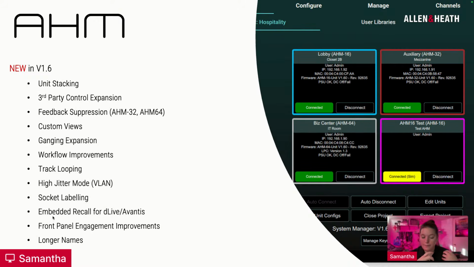So now, if I recall a preset on AHM, I can automatically tell the Avonus or the D Live to change its scene. And they can do it vice versa. I can recall a scene on an Avonus or D Live and have it tell the AHM to change its preset. So this works really well if we want AHM and these consoles to work in tandem,